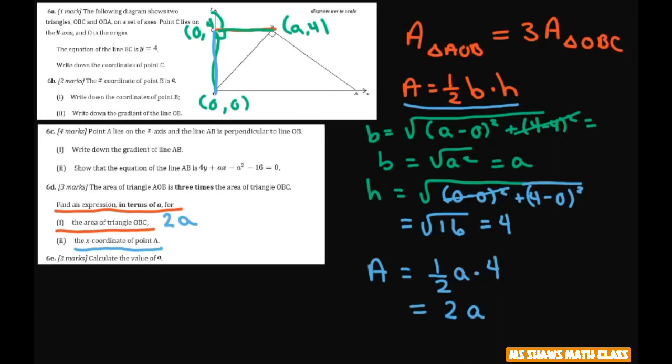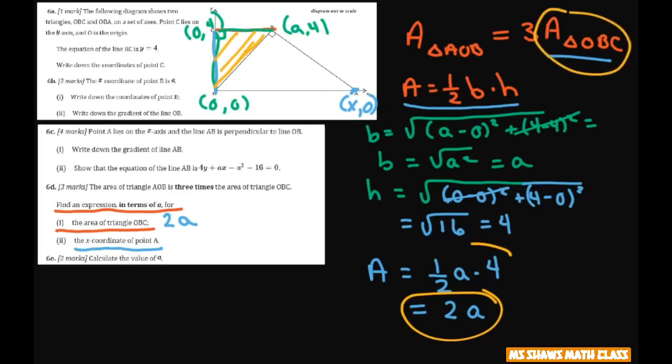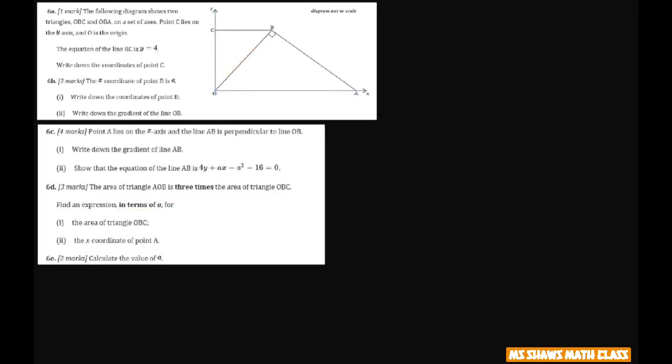Find the x-coordinate of point A. So for point A, we want x comma 0. So to find that, what we're looking at is this. So basically this is the area for OBC. Okay, so basically we have area of triangle AOB equals 3 times 2A, because this was 2A. Now, for the area of this triangle, I think I'm going to start another one. So the area of, what did they call it? OBC